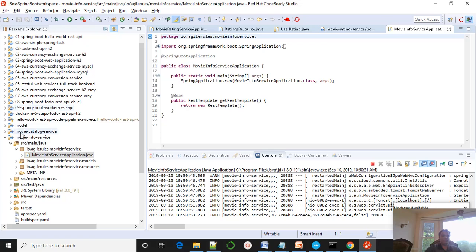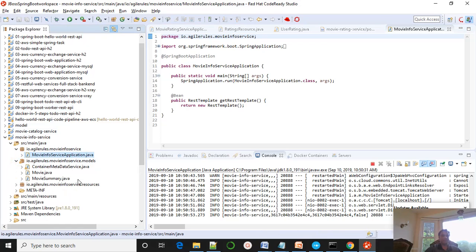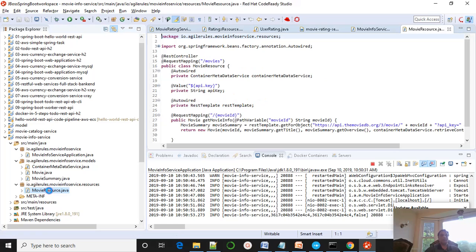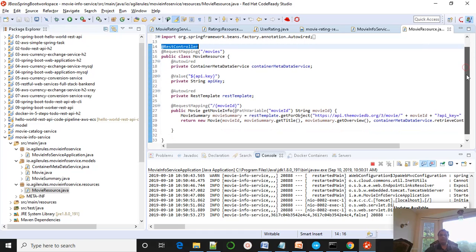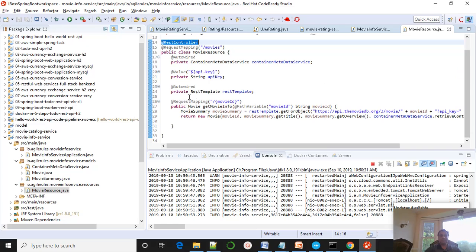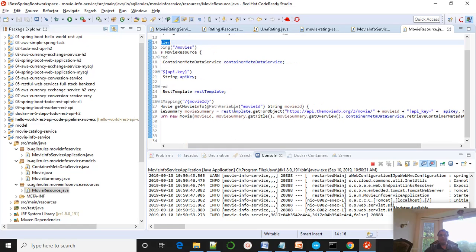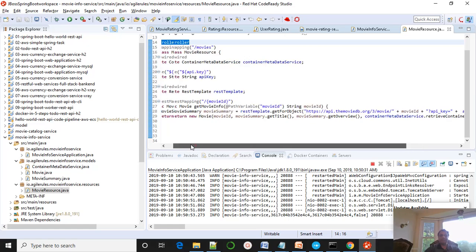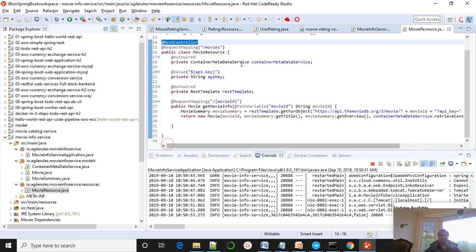Okay, so as usual, you have to go to the controller class, right? The controller class will have the annotation @RestController, and it will have the corresponding request mapping, right? But you see the implementation now. It is trying to call a REST API. What is REST API? REST API is nothing but